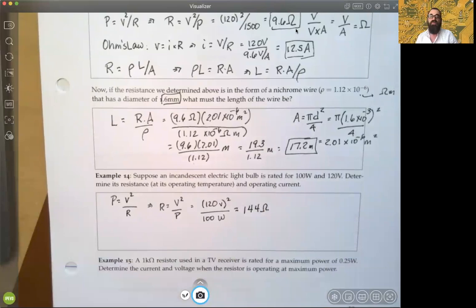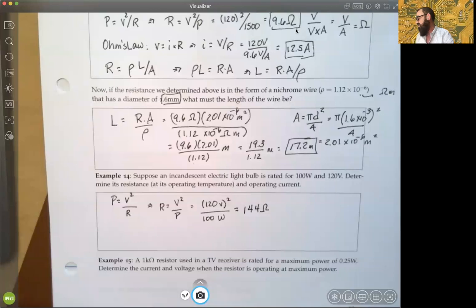So that would be a very significantly larger resistance, okay, for this particular light bulb compared to that electric heating unit, okay? Much, much higher resistance, all right? And if we wanted to get,